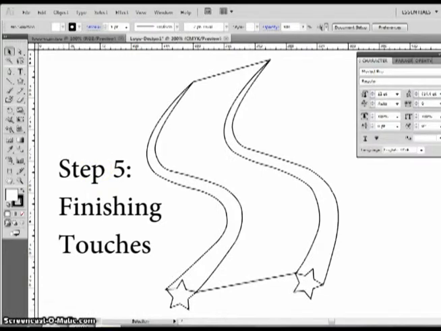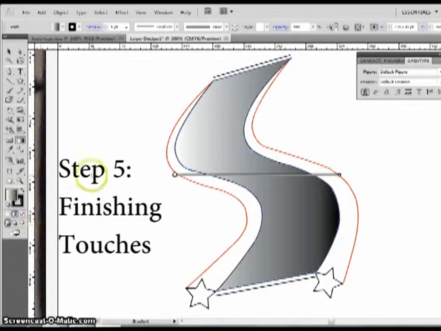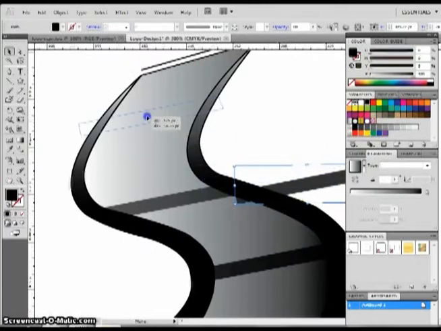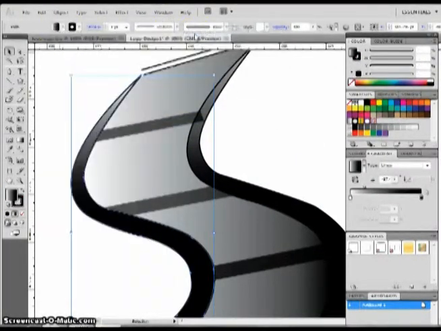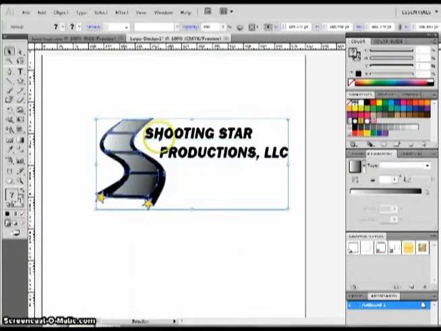Once you have the basic outline of the logo drawn, you can use Adobe Photoshop or Illustrator to apply color, gradients, effects, and other finishing touches. You will want to check to make sure your logo can be reproduced in both color and black and white, as well as a variety of sizes to make sure that the logo is recognizable in a variety of media